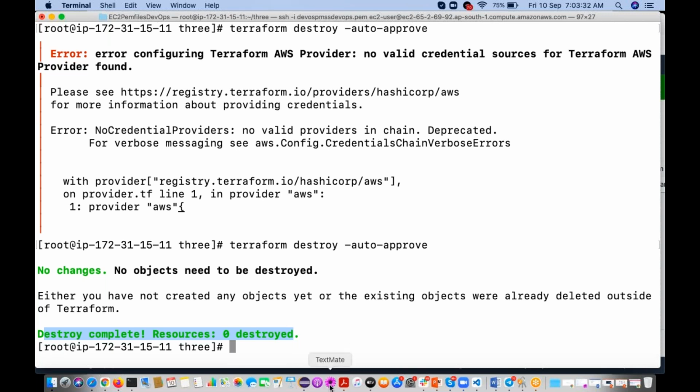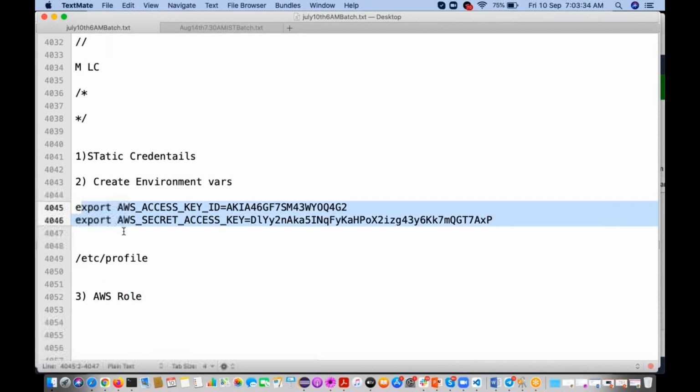Clear? So that time you don't want to create the access key and secret key. I'm teaching various ways we can pass the credentials, but this is the best practice.